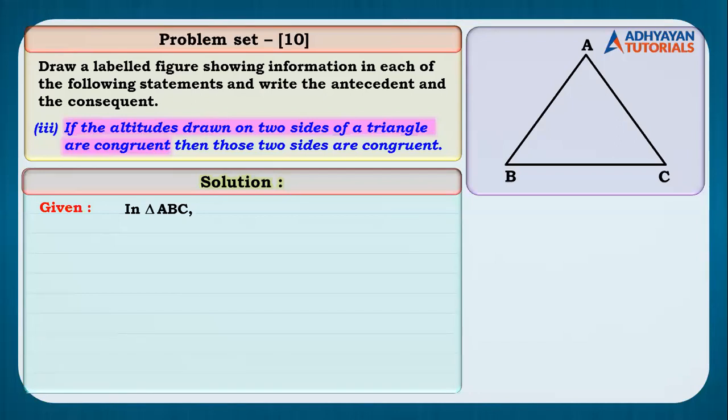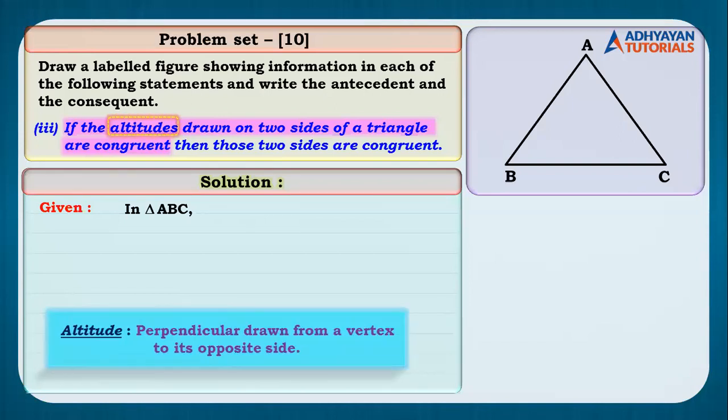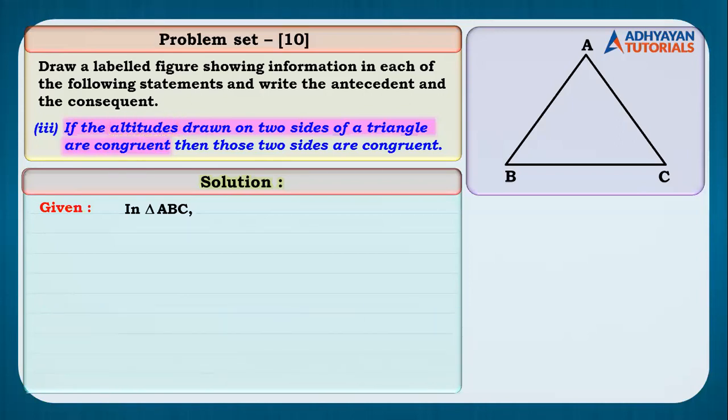Now, this altitude, children, is to be drawn on any two sides of the triangle, right? Which two sides? Let us consider those two sides randomly. I select side AB. Now, to understand altitude in a better way, it is nothing but height. Height draw करने के लिए, altitude draw करने के लिए, we have to use the vertex which is opposite to the base. तो यहाँ पे AB को opposite कौन है? Perfect, C. So we draw a perpendicular from C and CM is nothing but the altitude.